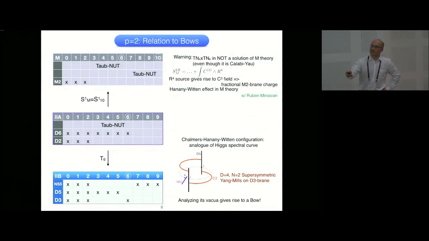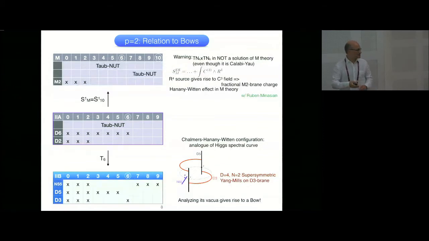So Taub-NUT itself has non-trivial R squared. If you integrate R squared over Taub-NUT, you get 1/12. So as a result, this R to the 4th is a source in your Einstein equation for C3. So if you look at this purely gravitational background, it gives rise to a C3 field, and that can be